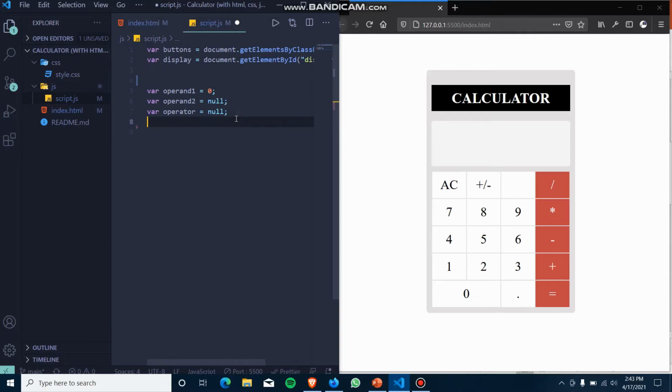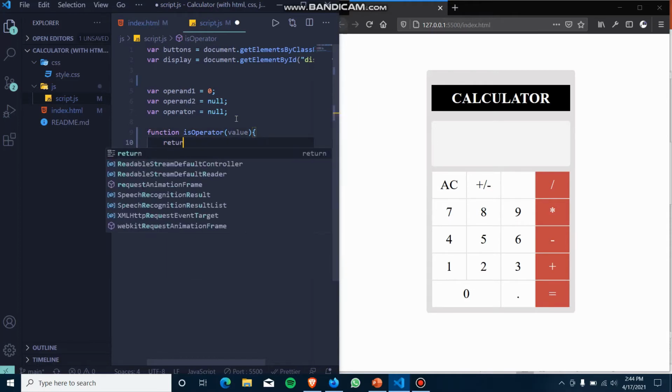Cool. Now let's take a function for checking if the button which I have clicked is an operator or not. I have to declare one function named isOperator for checking purposes. Take parameter as value.